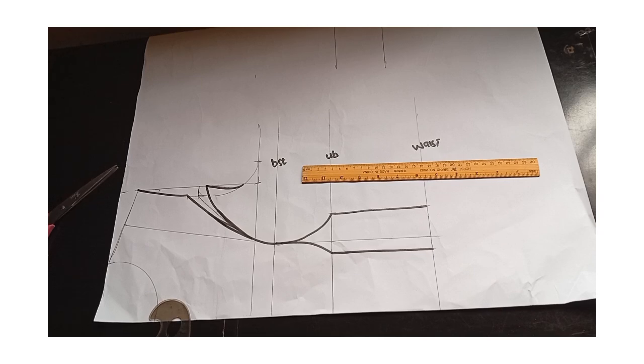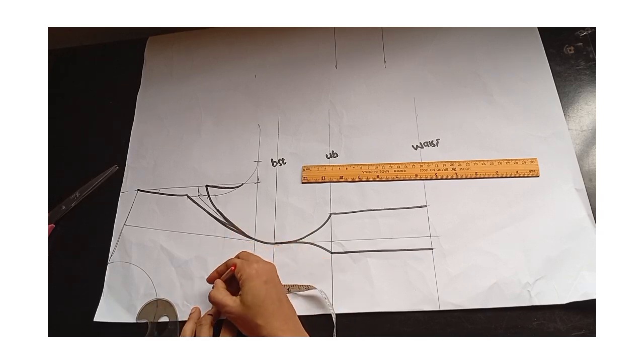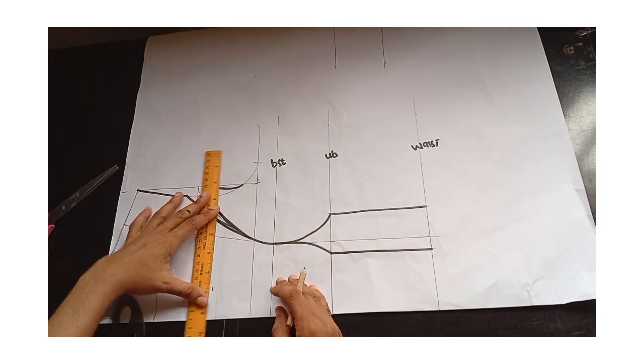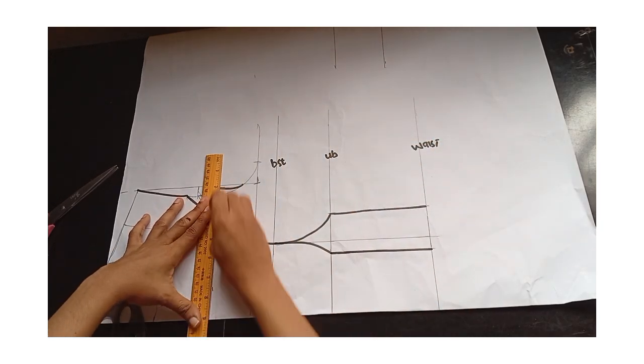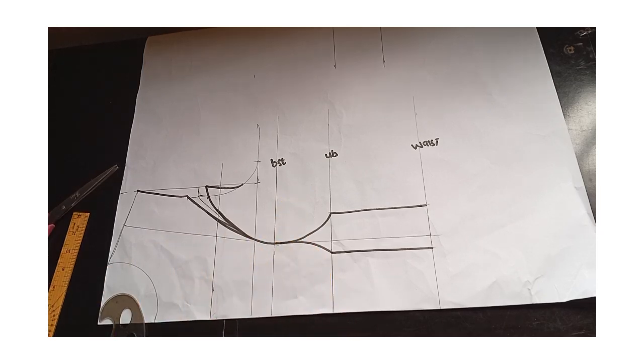Now you're going to determine how high you want your neckline. So I'm using 2 inches for my pattern. So I'm just going to go ahead and mark. This 2 inches is not a standard. You can use whatever works for you. Now I'm going to go ahead